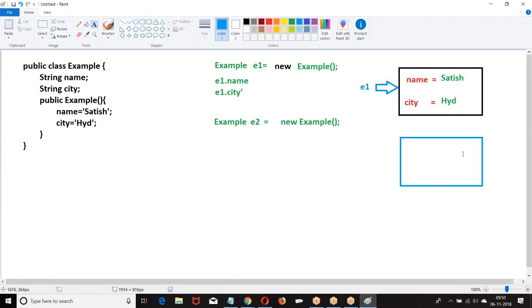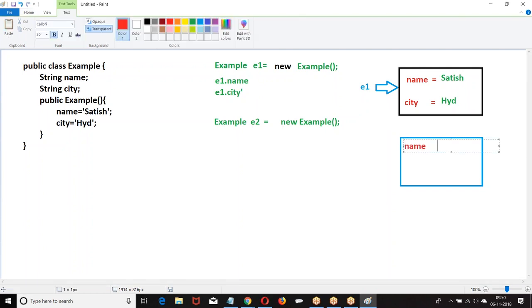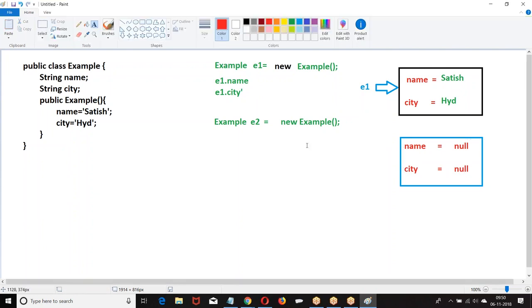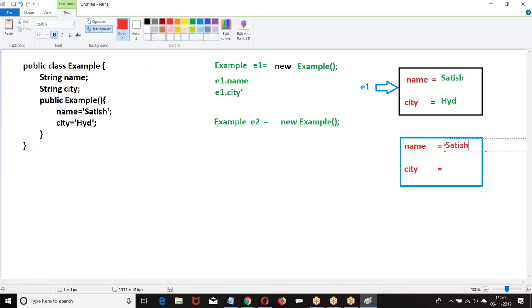Whenever I say new, it is allocating the memory. Name equal to, city equal to. Once the new is completed, constructor. When you call the constructor, what is happening? Name equal to Satish, city equal to Hyderabad.